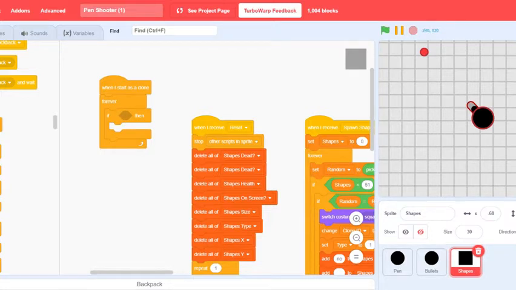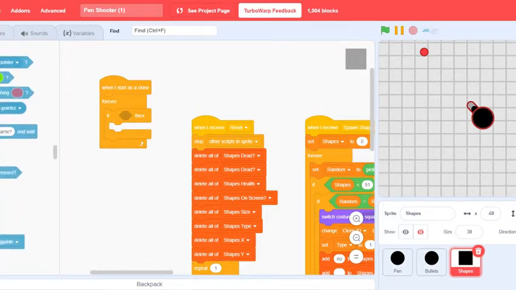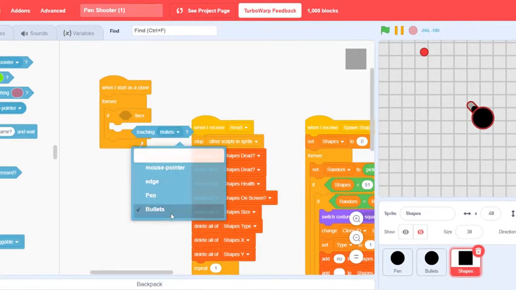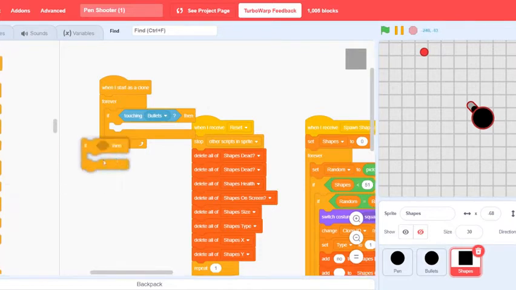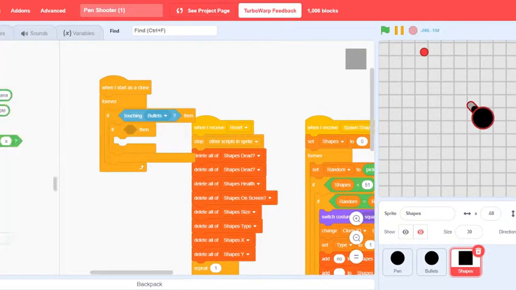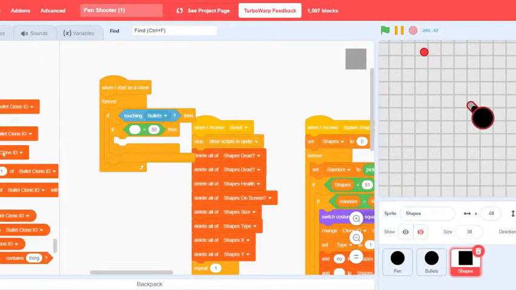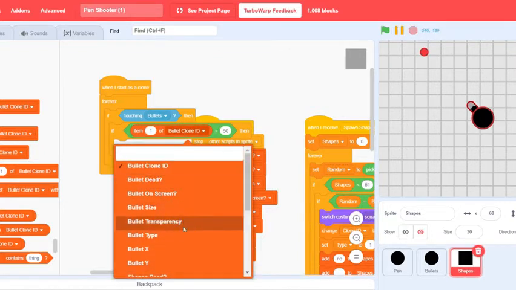So we're gonna say if touching bullets data, or just bullets in this case. In my other project it was bullets data. And then we're gonna say another if, and we're gonna say item clone ID of, and sorry if you hear somebody downstairs. Item clone ID of